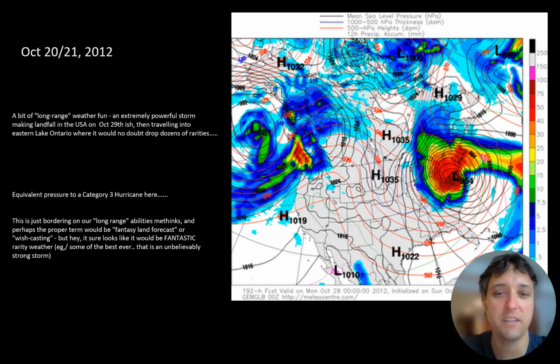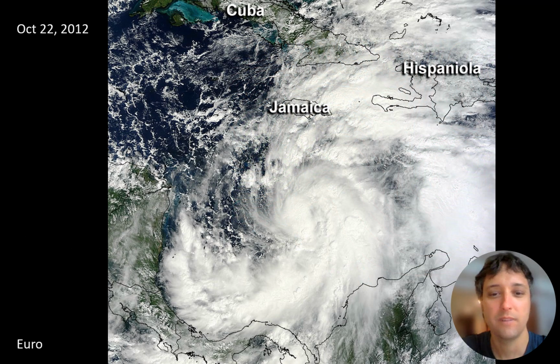This is kind of just an interesting piece, but it was almost 10 days before the event that the first computer model spit out this shocking storm system moving into an unusual part of the world for late October. And I just happened to notice it. I posted it on my blog at the time and said, models are not accurate this far out, but boy, wouldn't that be crazy if that happened. That was the American global forecast model, and that was before the storm had formed.